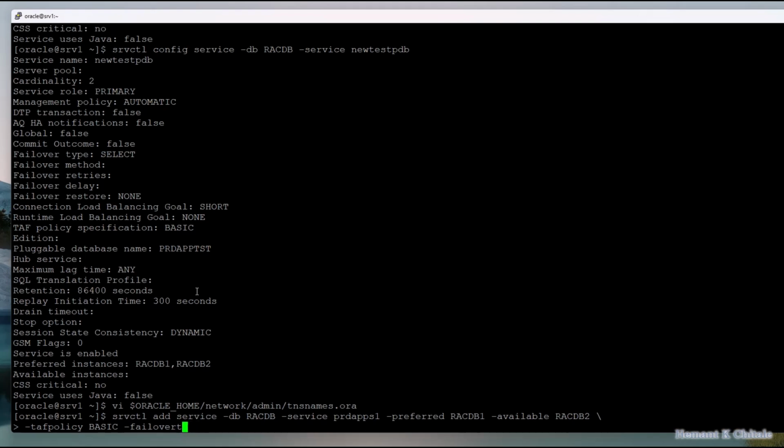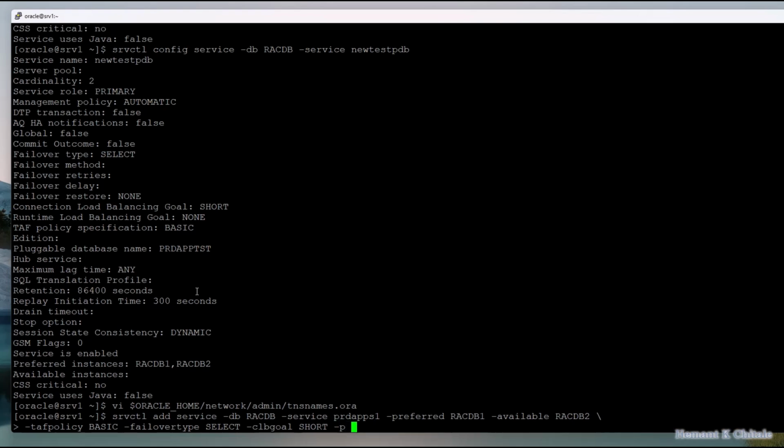So I'm configuring basic failover for select statements only. If I had multiple instances, I could have configured connection load balancing goal. So this would be the parameter for connection load balancing,